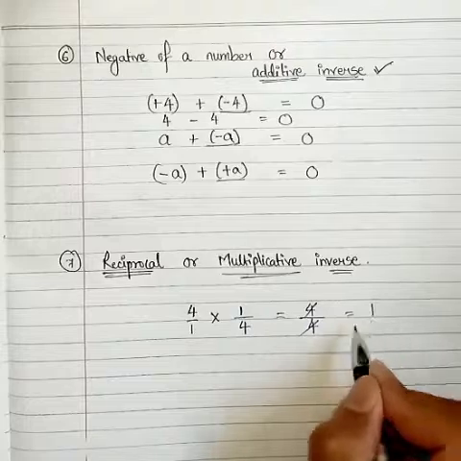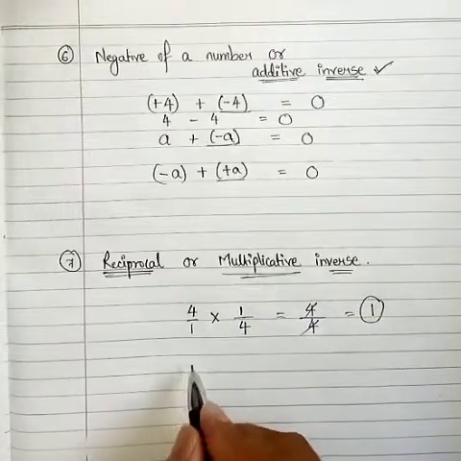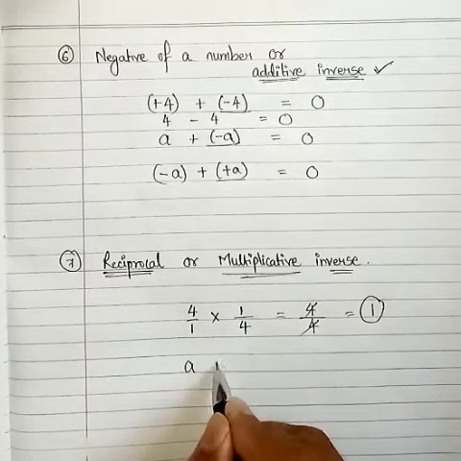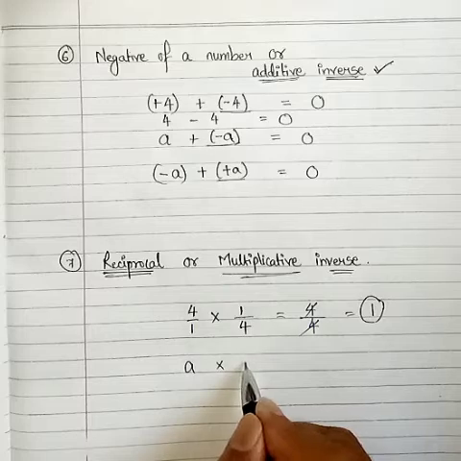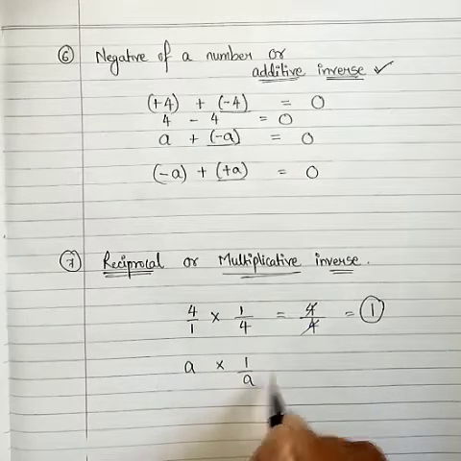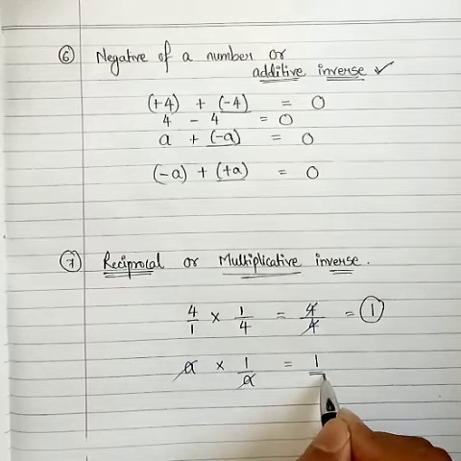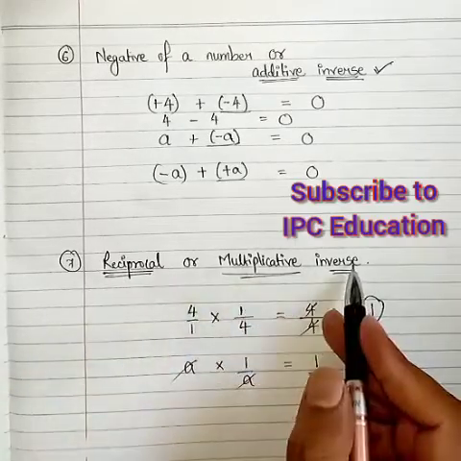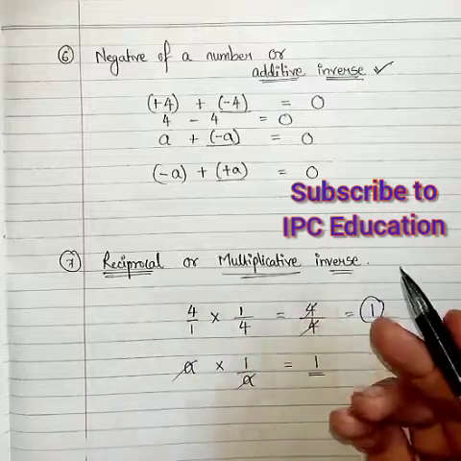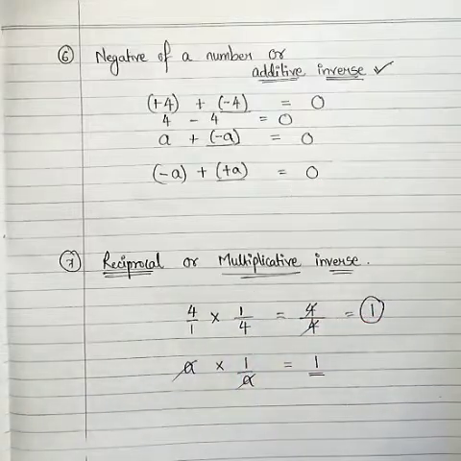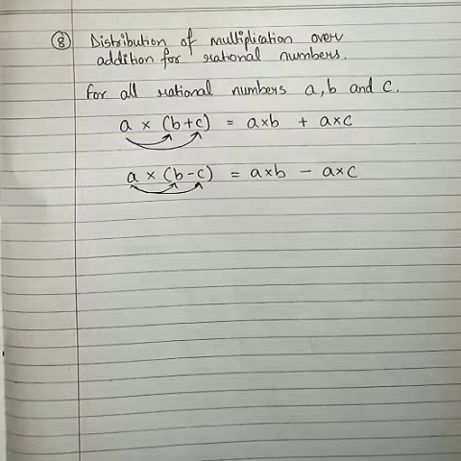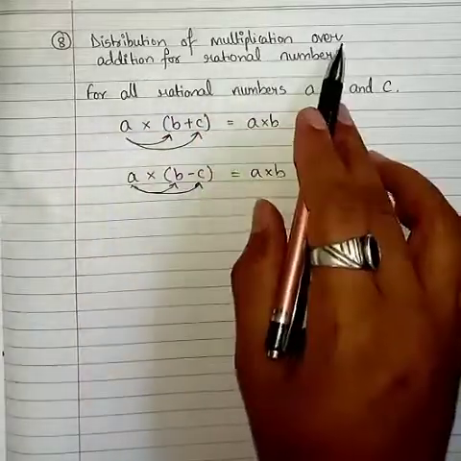4 1 ज़ा 4, सो आंसर इज 1। यानी अगर कोई नंबर a है और उसको हमने मल्टीप्लाई कर दिया उसके रेसिप्रोकल से, दैट इज 1/a से, तो आंसर 1 आ जाएगा। दैट मीन्स रेसिप्रोकल और मल्टीप्लिकेटिव इन्वर्स जो है किसी नंबर का, वो आपको आंसर 1 देता है। लास्ट प्रॉपर्टी, डिस्ट्रीब्यूशन ऑफ मल्टीप्लिकेशन ओवर